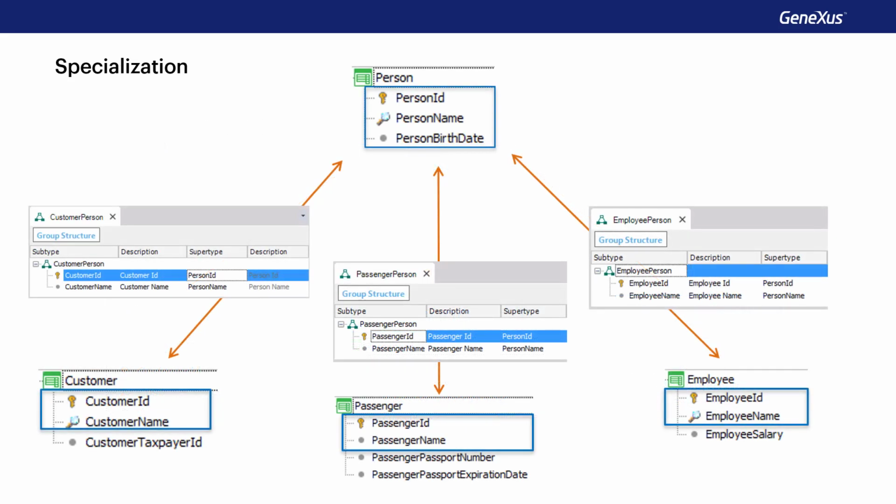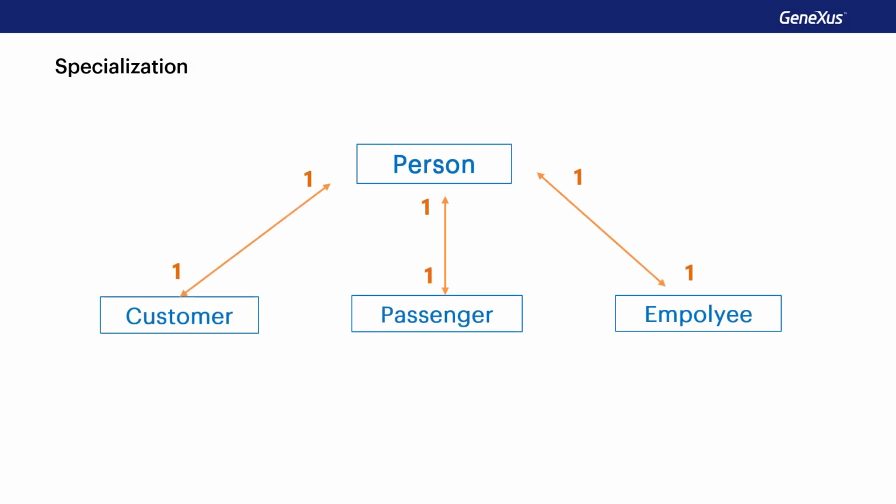This is achieved by defining the corresponding groups of subtypes. By doing this, the attributes customer ID, passenger ID, and employee ID, besides being the identifiers of the tables customer, passenger, and employee respectively, will be, at the same time, foreign keys in the table person. Therefore, when the user enters a value in the identifier of any of these three transactions, customer, passenger, or employee, a record with the same value as identifier will be searched for in the person table. This design then represents one-to-one relationships between the general table and the one corresponding to each specialization.